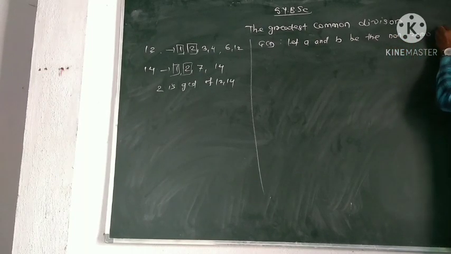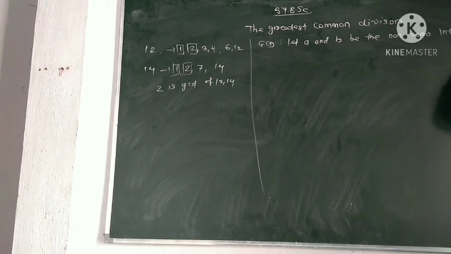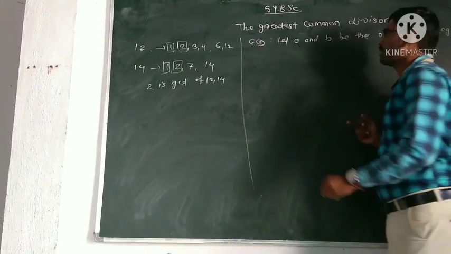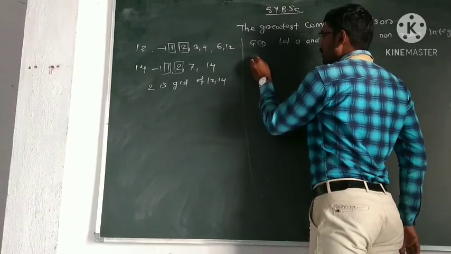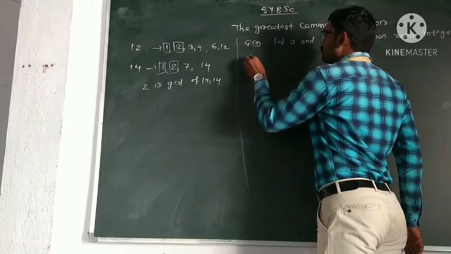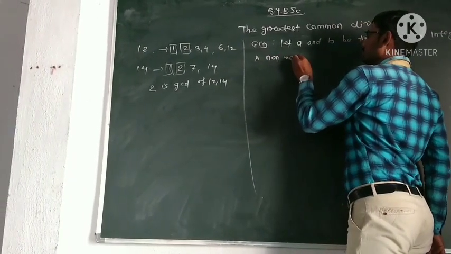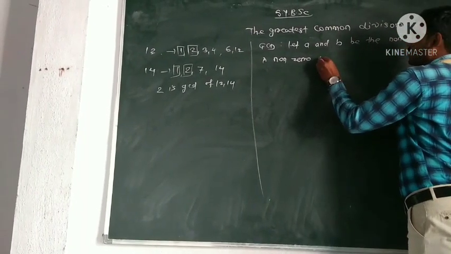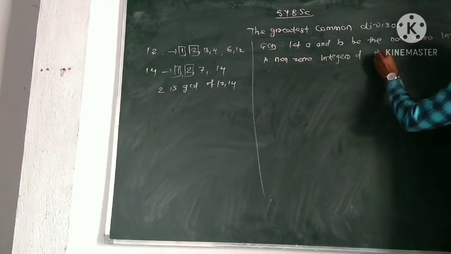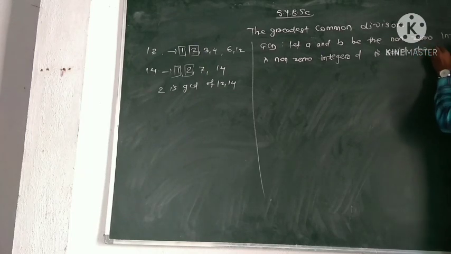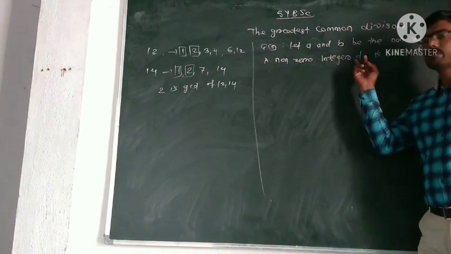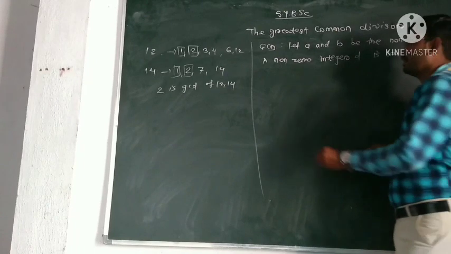A non-zero integer D is said to be the greatest common divisor of A and B if